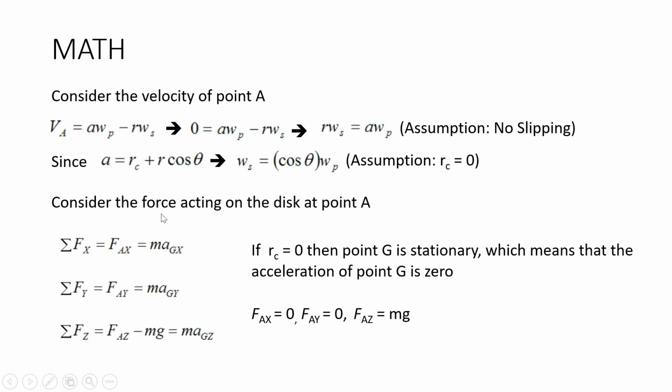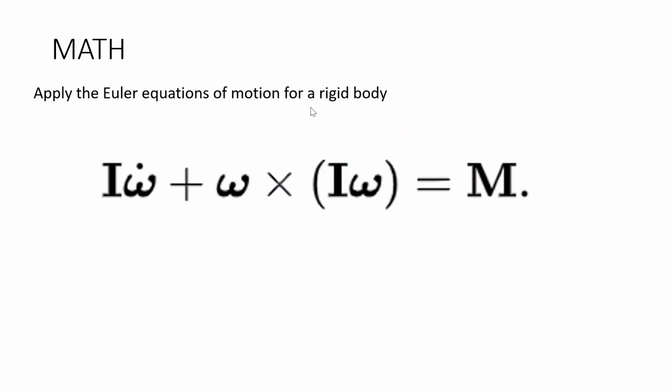And for the force acting on the disk, we have these three equations. Since G is stationary due to the assumption, they are all equal to 0. And we get Fax and Fay equal to 0, and Faz is mg. Finally, we apply the Euler equation,